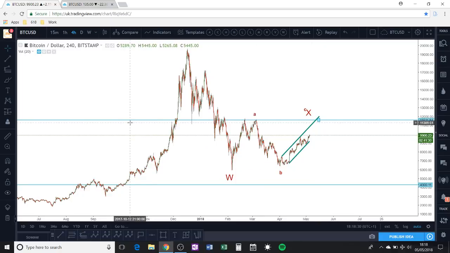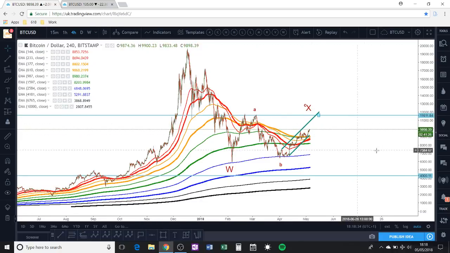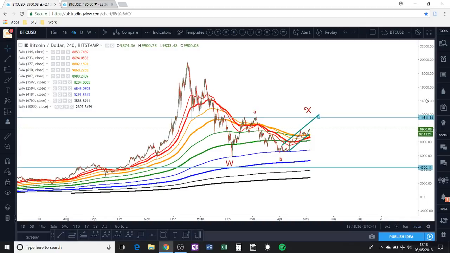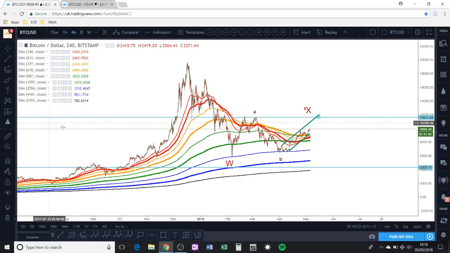And if we just put on our Fibonacci EMAs, I've discussed these in my previous videos. I think if you watch my last couple of videos, I explain them in depth. You can see these are all Fibonacci numbers here, and I've used them with the EMA. Obviously, ignore this last 10,000 level. It wouldn't let me plot Fibonacci EMAs higher than 10,000. So in fact, just take that off.